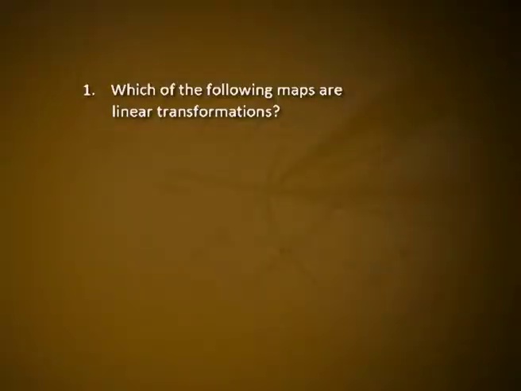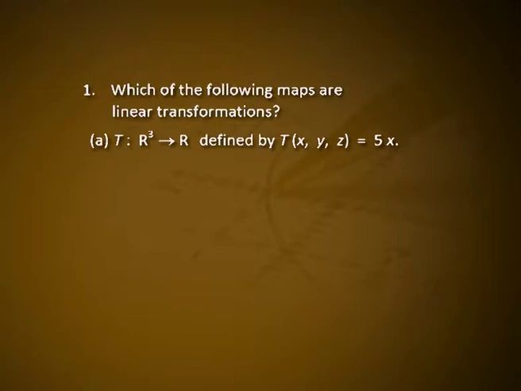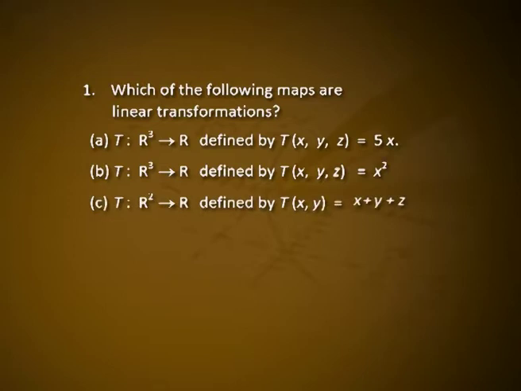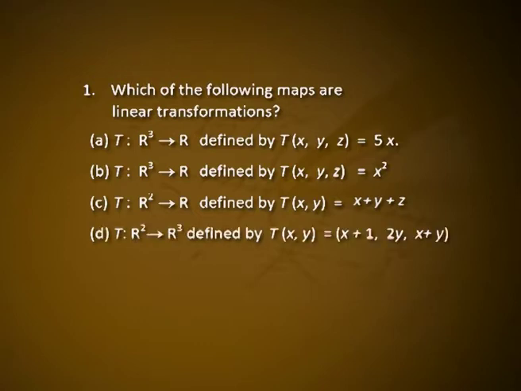Question 1. Which of the following maps are linear transformations? A. T from R3 to R defined by T of x, y, z is equal to 5x. B. T from R3 to R defined by T of x, y, z equal to x square. C. T from R2 to R defined by T of x, y is equal to x plus y plus z. D. T from R2 to R3 defined by T of x, y is equal to x plus 1, 2y, x